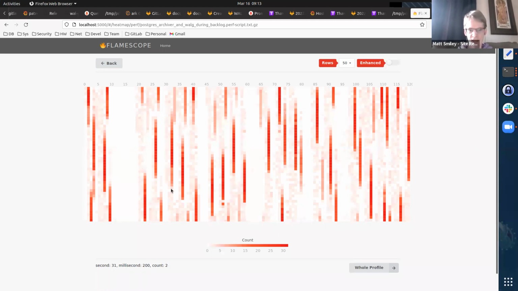So what we see here is an oscillating pattern where we spend some significant time on CPU and then a lot of time not on CPU. And the time that's spent not on CPU could be spent in any of a few possible areas. One is disk I/O reading the WAL files. Another is network I/O interacting with the API for uploading to the object storage bucket. And another is just not doing anything, waiting for